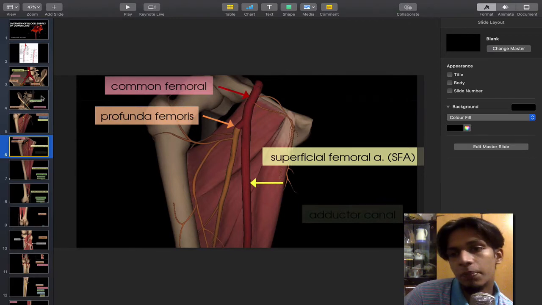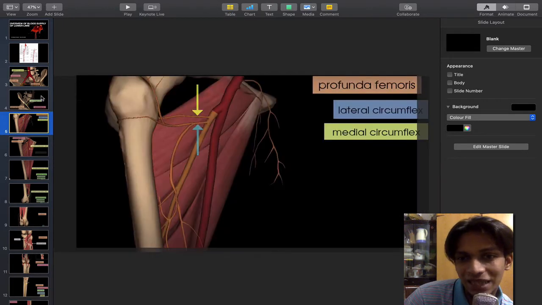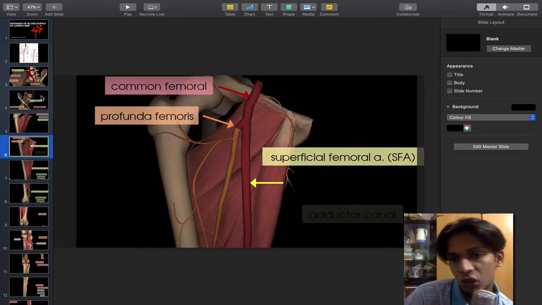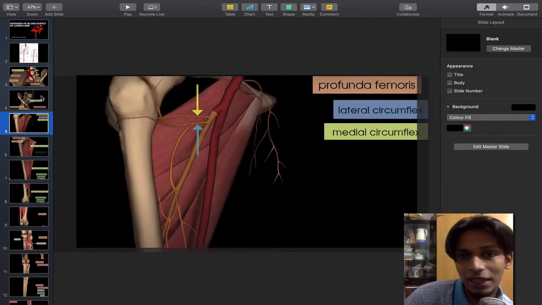After that, it becomes the superficial femoral artery. Now this superficial artery at the back side, we can describe with two names, or you can just call it by one name as a whole, the femoral artery. But if you want to go deeper, then you can say that the upper portion over here, which is not yet bifurcated, is the common femoral artery, but when they bifurcate into profunda femoris and normal femoris, then this